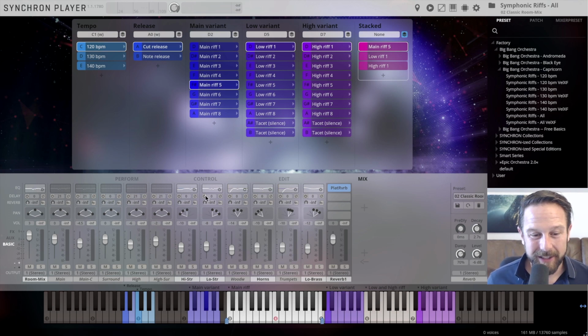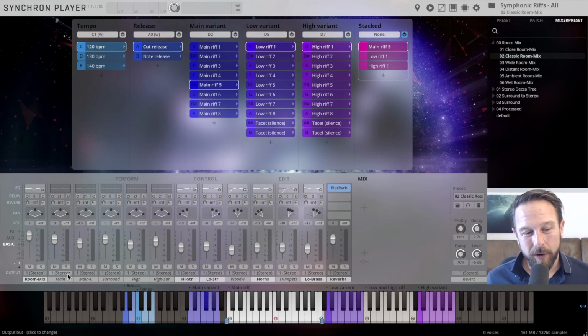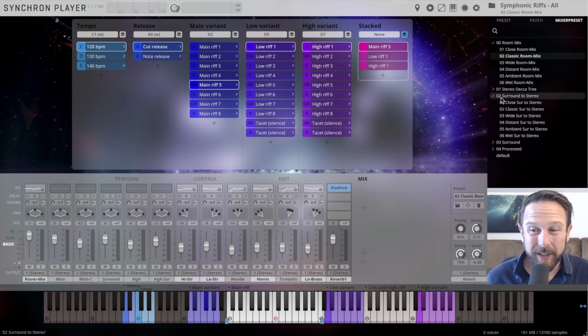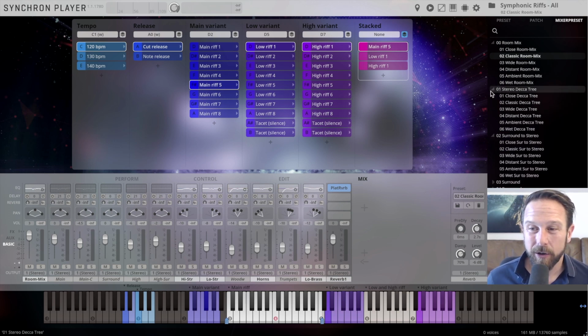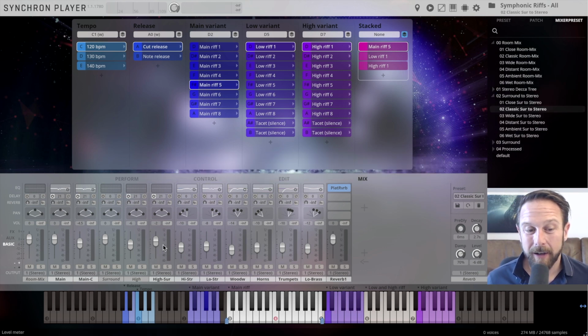Another important thing, you can see that right now I see the whole mixer that I have in here, and I'm playing the room mix. Don't forget that you have those mixer presets available. Room mix means that we've recorded all the room microphones in one stereo channel, but you can get, of course, more detailed results and a different way to influence the sound if you go with a stereo Decca tree or with a surround to stereo mixer presets. That means we're loading in more samples here in the background, and you have not only the Decca tree, but you have the high surround microphone mixed in, and of course that gives you much more of a huge sound from Synchron Stage Vienna.